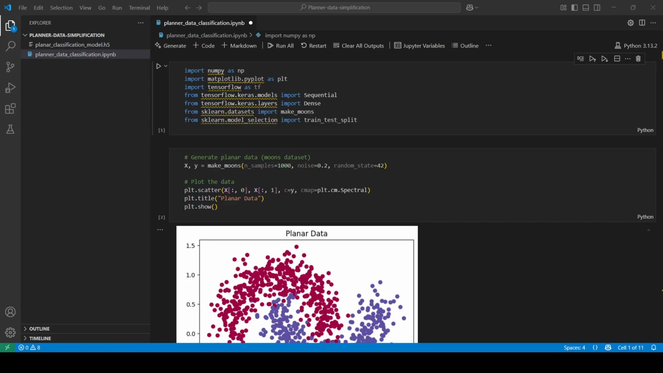In this one, we are building a neural network with one hidden layer to classify planar data, non-linearly separable data, and we are using Python, TensorFlow, Keras, and Matplotlib to generate and visualize planar data, build, train, and evaluate the neural network, visualize the decision boundary, and save the trained model for future use. So this tutorial is perfect for beginners who want to understand the basics of neural networks and how to implement